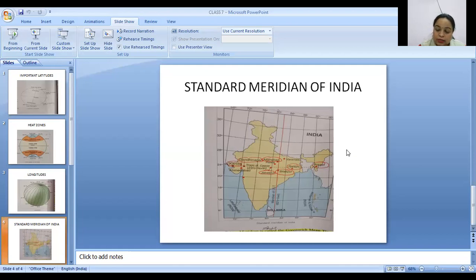Okay. The sun has already risen in Arunachal Pradesh. So in Arunachal Pradesh, it is already 5 o'clock, the sun has risen. But the sun has not risen in Gujarat. At 5 o'clock, the sun is not there. Why is the sun not there? Because the sun takes time to travel from this place to this place.